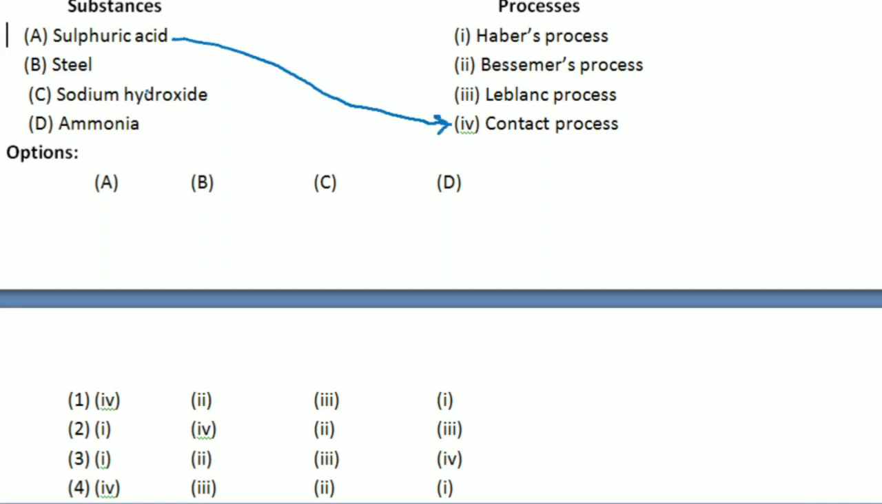Then steel and sodium hydroxide we don't know, but ammonia we know, that is Haber's process. A4D1, in both the cases it is there, first and fourth option A4D1, correct? Then we will see steel and sodium hydroxide, and here we can easily tell, because steel is the one where Bessemer process can be used, sodium hydroxide where Leblanc process can be used. Even if Leblanc is not there in our syllabus, we can easily tell steel is the one which is